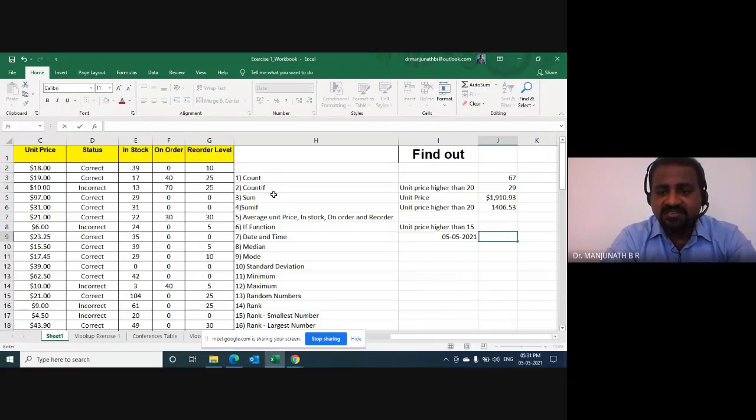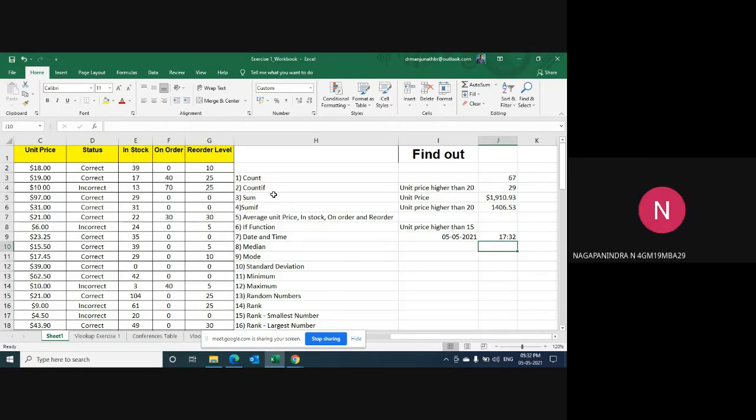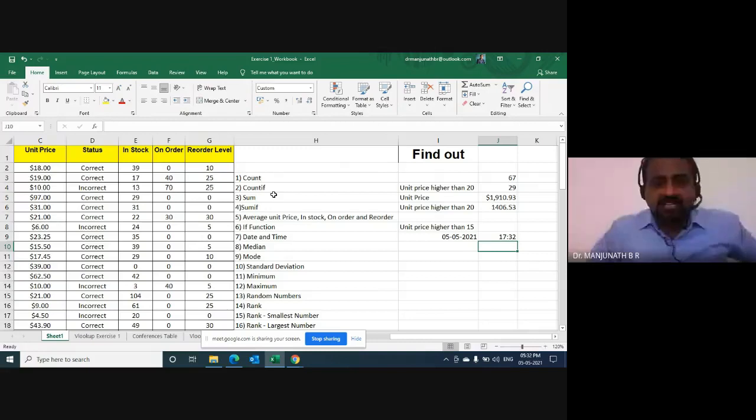Okay. Now you see here, I got the time. I did not type in the current time, but when I applied something, I was able to get the time over there. Now you will also get it: Control Shift semicolon. Long press Control Shift and then press semicolon. You will get the time over there. You got the time? Yes, sir. Good. So we just finished the 7th task.